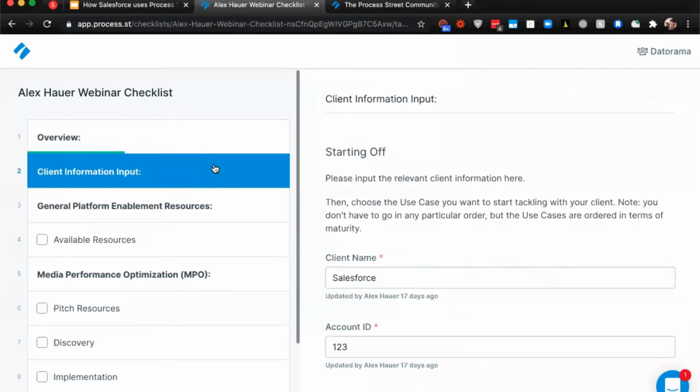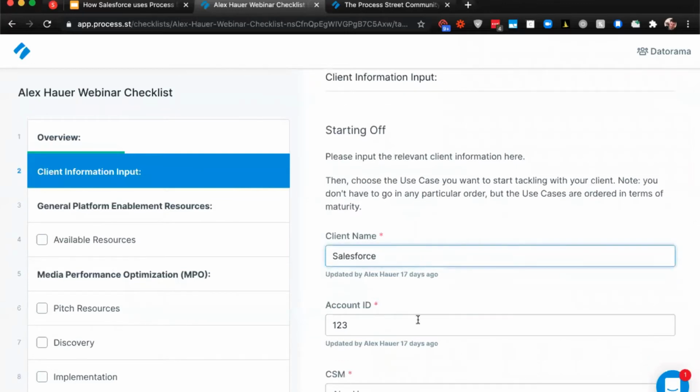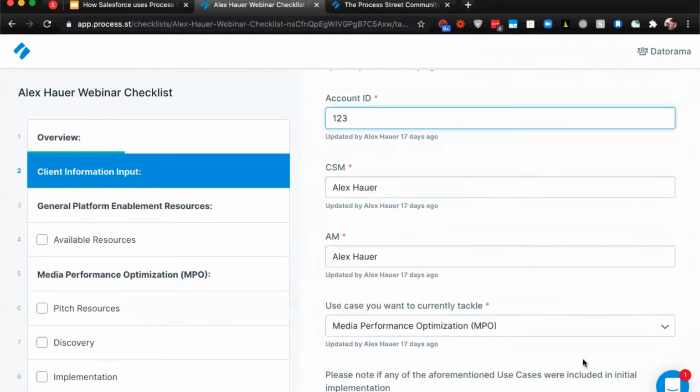In terms of uniqueness, when I go into the client information input, I have these free-form fields where I can note who the client is, what their account ID is, who is managing this account, and note their primary use case that we want to tackle. So we utilized Process Street's conditional logic to surface the most relevant resources to the client at the most appropriate time. So as you can see here for this use case,